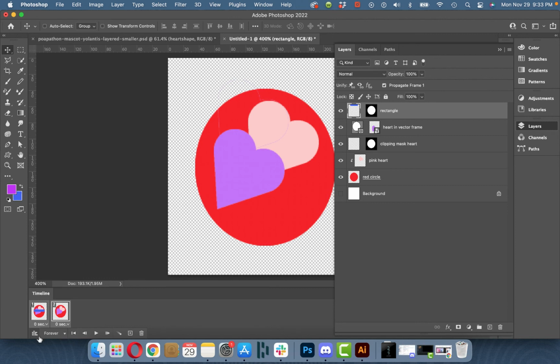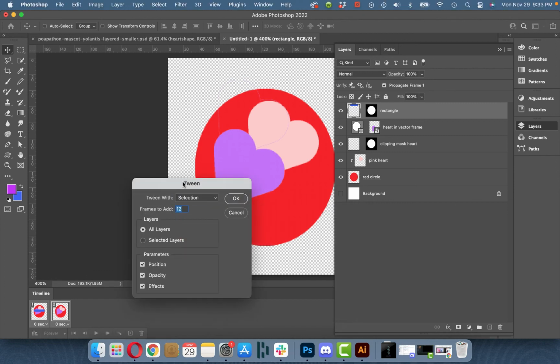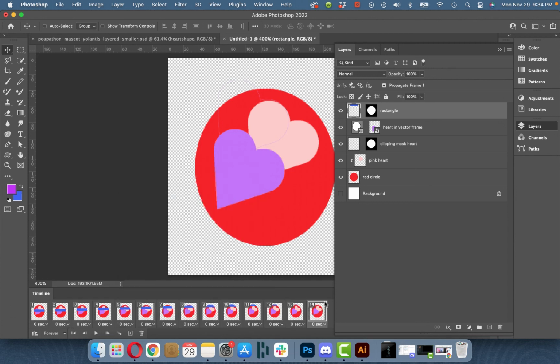The tween button is on the bottom row of the timeline panel, and it's a circle with like a trail, and it's going to ask me how many frames I need to add. I chose 12 for my little foosbot POAP, and I'm going to go OK, and it tweened it for me. And then you can go play, and you can see the animation going into the transparency. Well, I mean, it's terrible, but